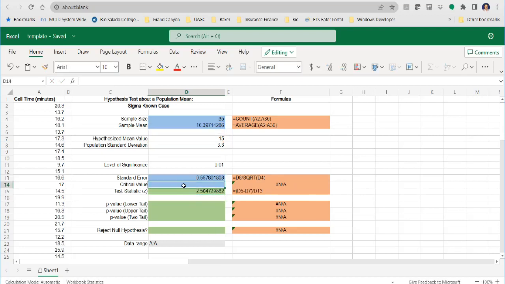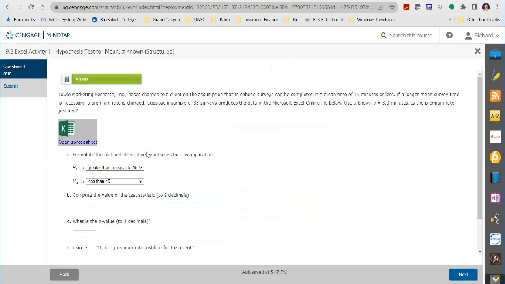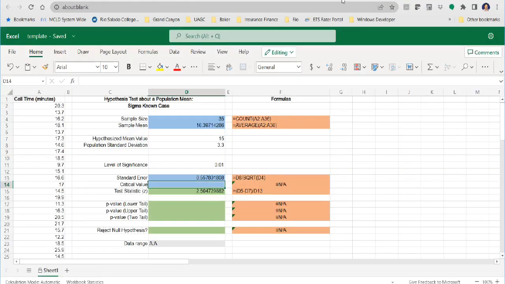Now, for the critical value, this takes a little bit of thought. On a z-curve, it's a normal distribution curve. And in this case, we have a one-tail version of the test because it was less than and not greater than. So we're going to put the entire alpha value, and the alpha value here was 0.01, up into one tail. So what I'm going to do here, there might be an easier way of doing this, is equals,